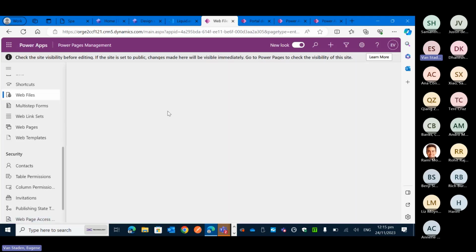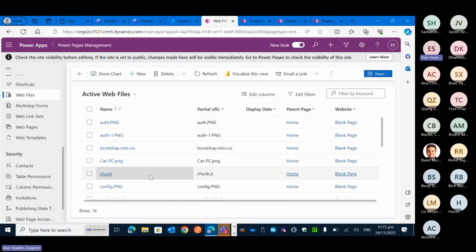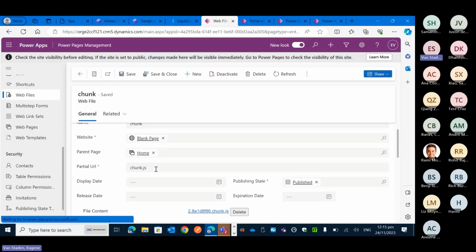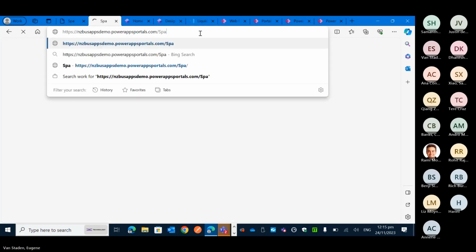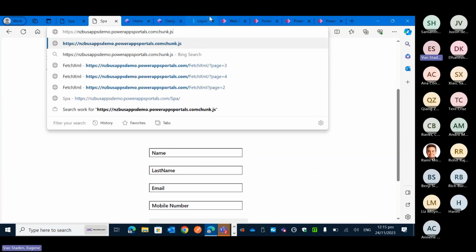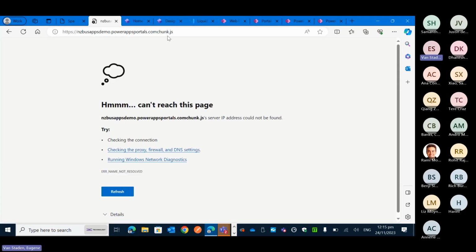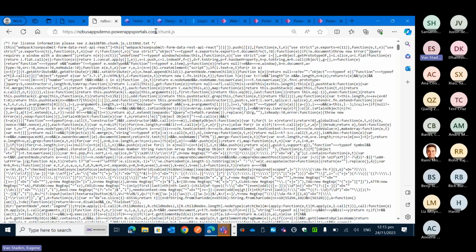And if we go look at the web file over here, let's go look at chunk over there. We can see there's chunk.js. I've added the file to this record, and if we go grab this and we go to the portal, to the home page, paste that in. What? If I put a / in there, there's React, that React library that's packed with Webpack. So that's the recommended way: don't go and build JavaScript in those blocks, because you're going to forget